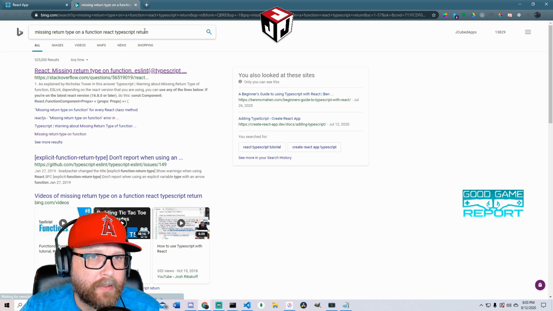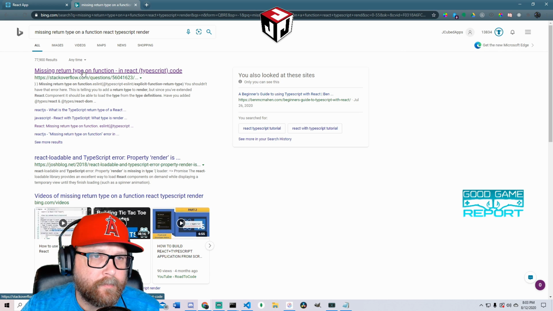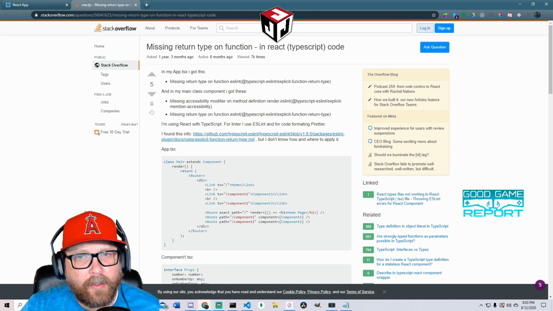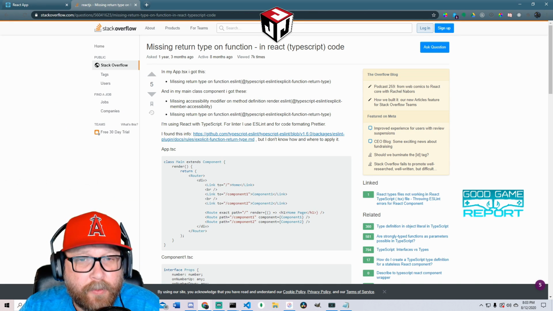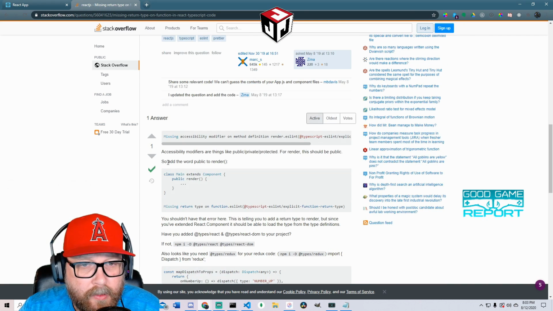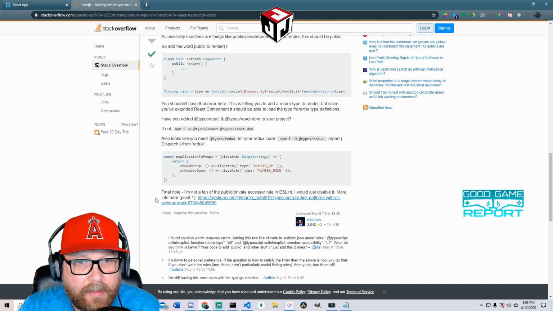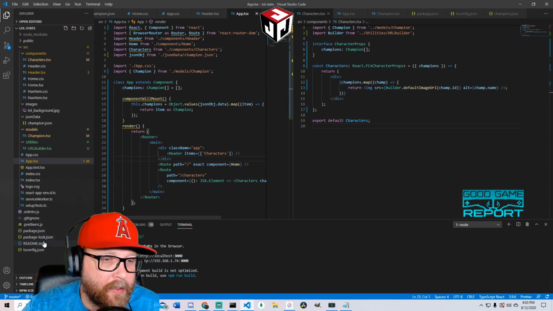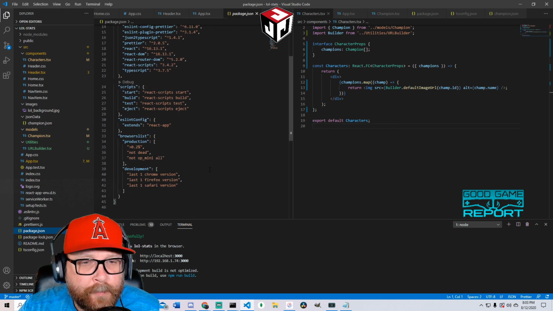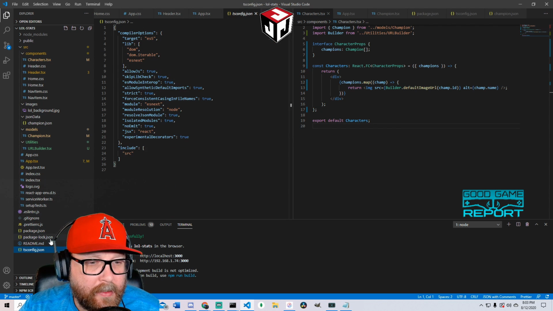I already looked this up before. So missing return type, this is the one. Accessibility modifiers, I don't need an accessibility modifier. So this is what I need, the types. Let's check if those are there. Package JSON. No, that's not it. It's in tsconfig, right? No, it's in